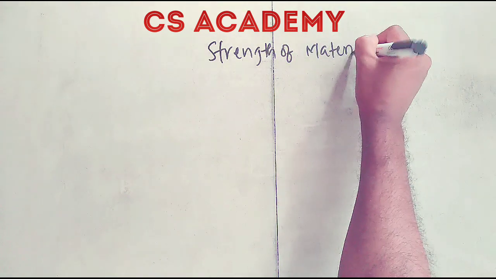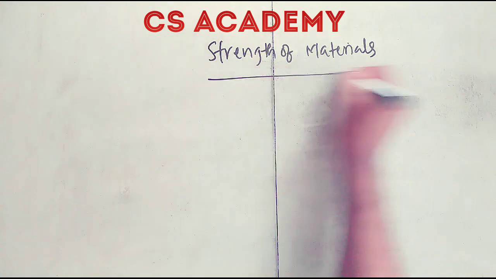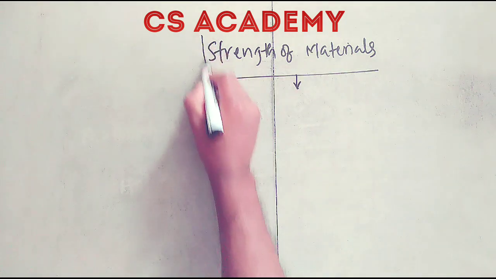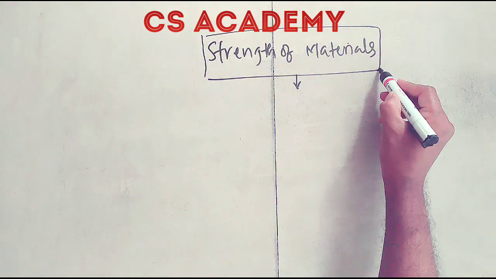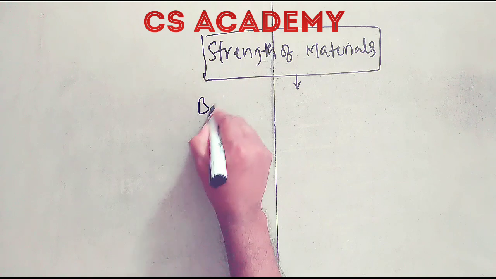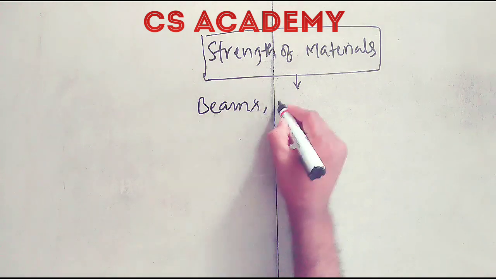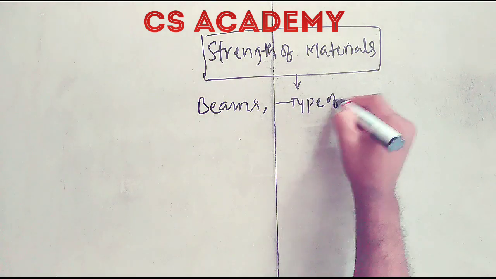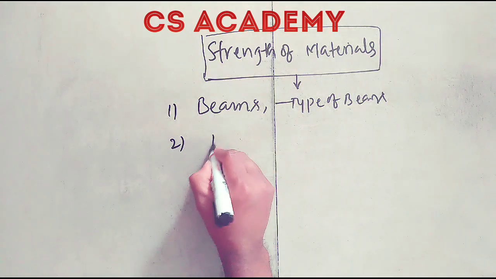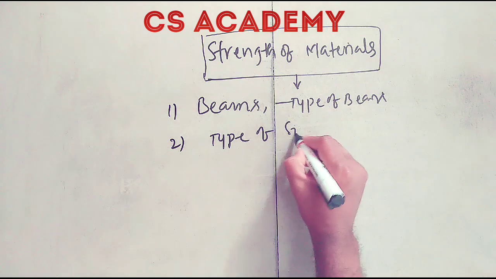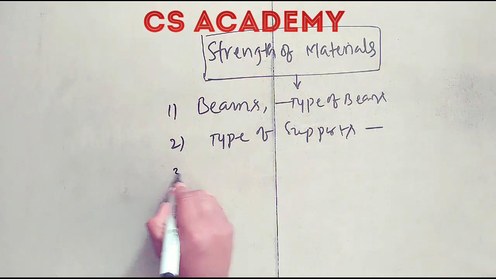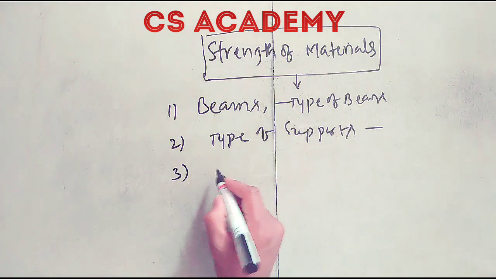The last class we discussed the strength of materials paper discussion. Now in this class we will discuss some quick revision topics in strength of materials. One of the concepts will be beams and the types of beams, and the next one is types of supports. In types of supports we will discuss the hinged support, roller support and fixed support, and after